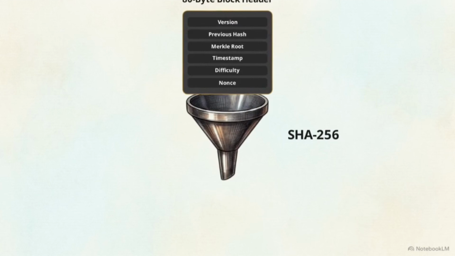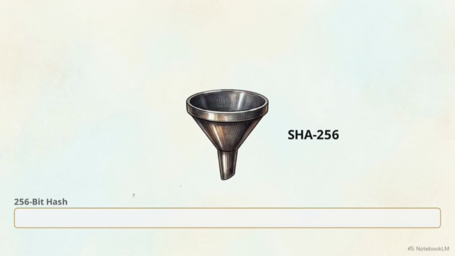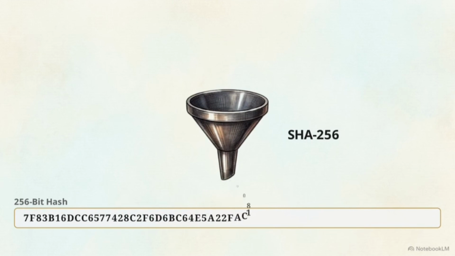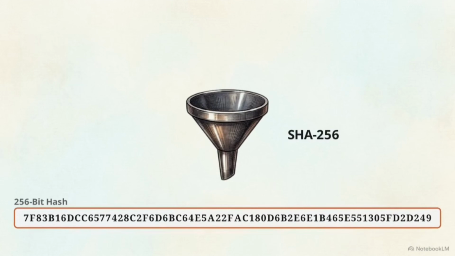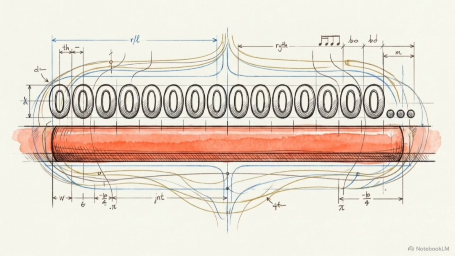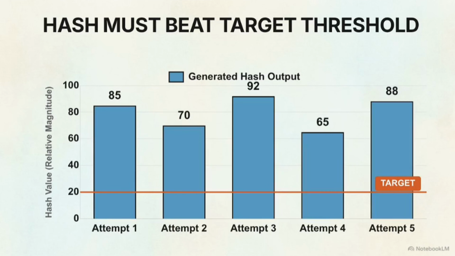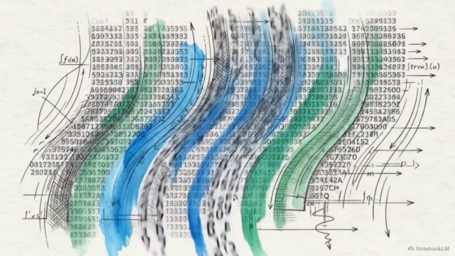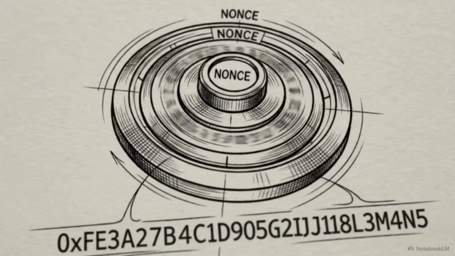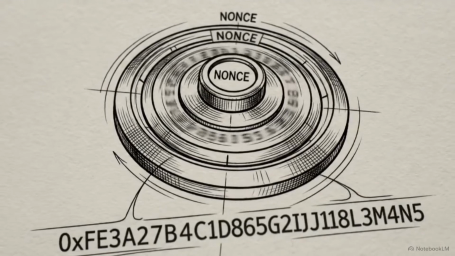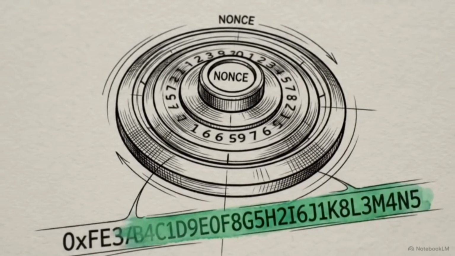the chain. To find a valid block, the miner runs the 80-byte header through the SHA-256 function, which outputs a fixed, unpredictable 256-bit alphanumeric string. The network sets a target, a specific numerical value. For the block to be accepted, the miner's generated hash must be mathematically less than or equal to this target. Because the output of SHA-256 cannot be predicted algebraically, the only way to find a winning hash is through brute force. Miners rapidly change the nonce and rehash the header trillions of times per second until they find a result